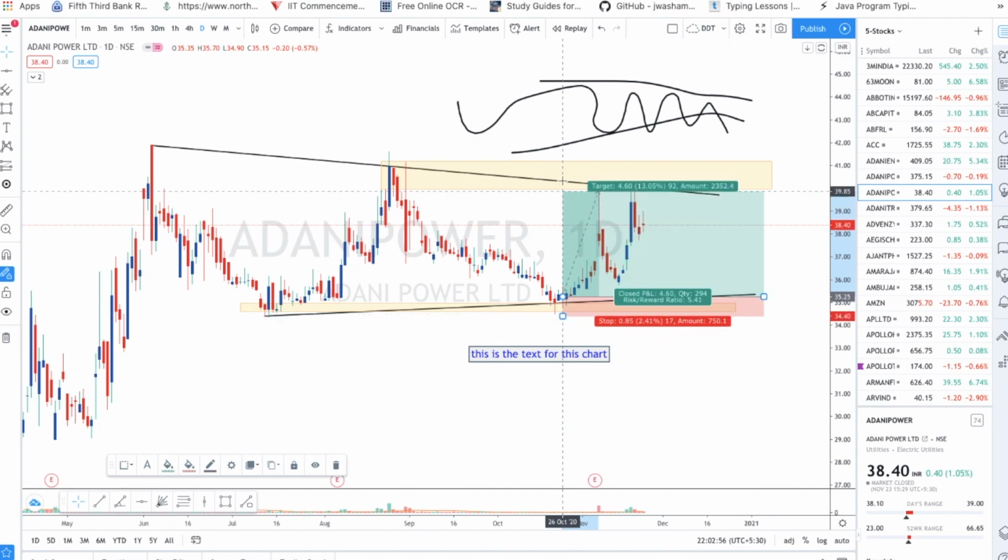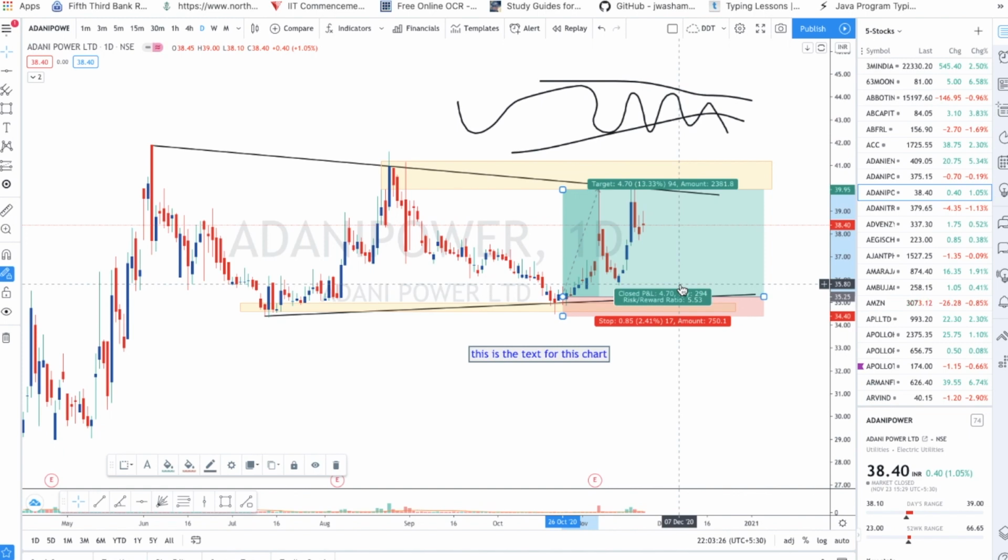And this is my take profit, my target. What is the target? And it will calculate everything: what is the risk you are taking in percentage and in money, and how much you are earning in money and in percentage. Also what the risk to reward ratio is, like 1 to 5. Everything is given, and the quantities too. Everything is calculated within seconds. That's the reason you don't need to calculate manually or use an Excel sheet for these things.